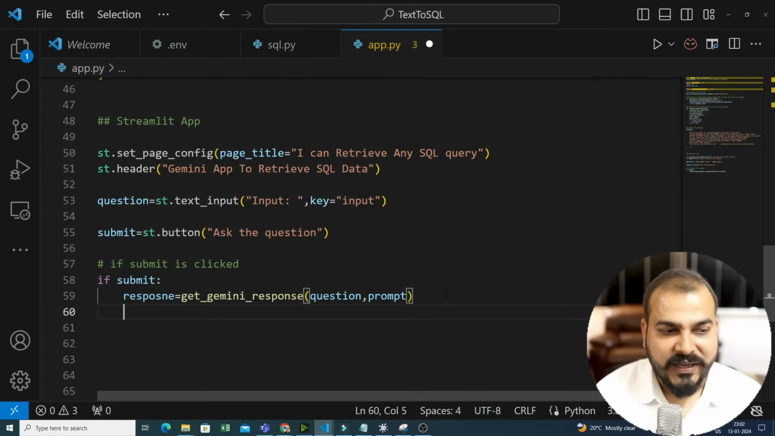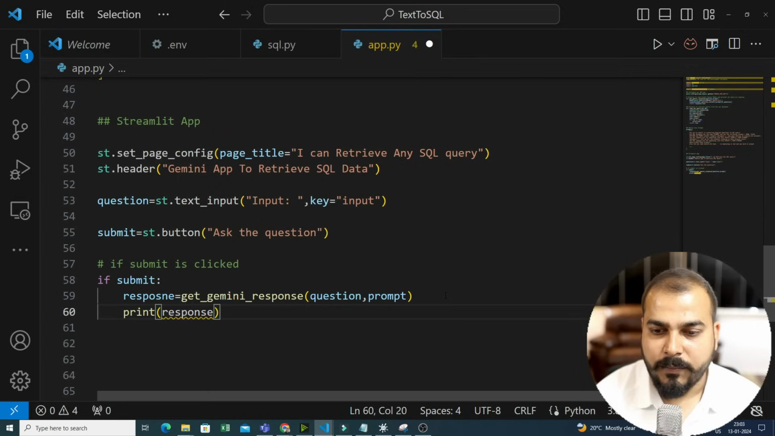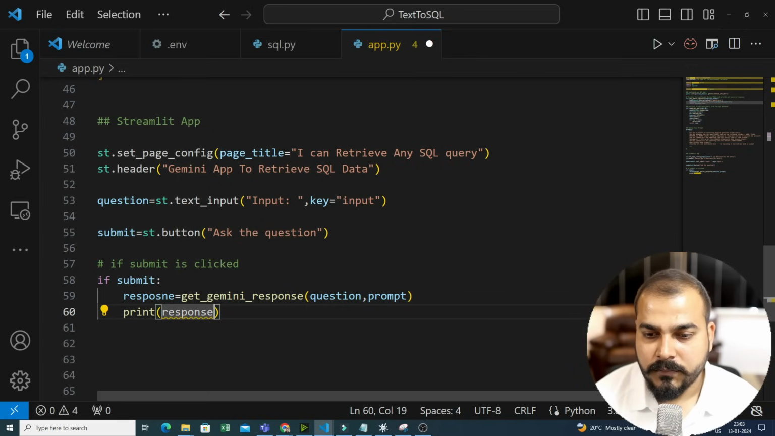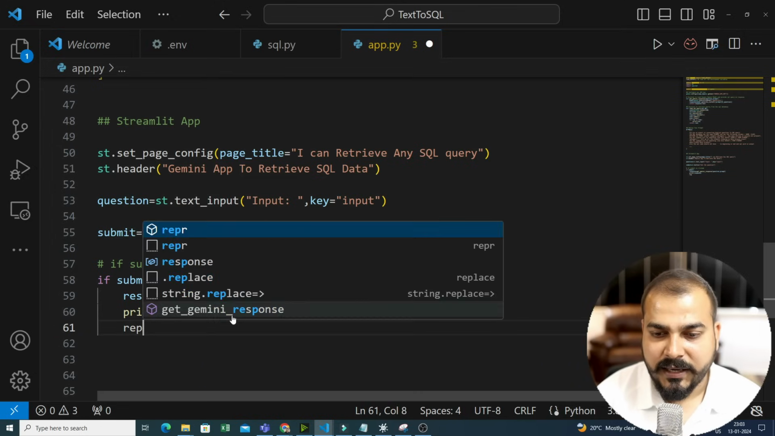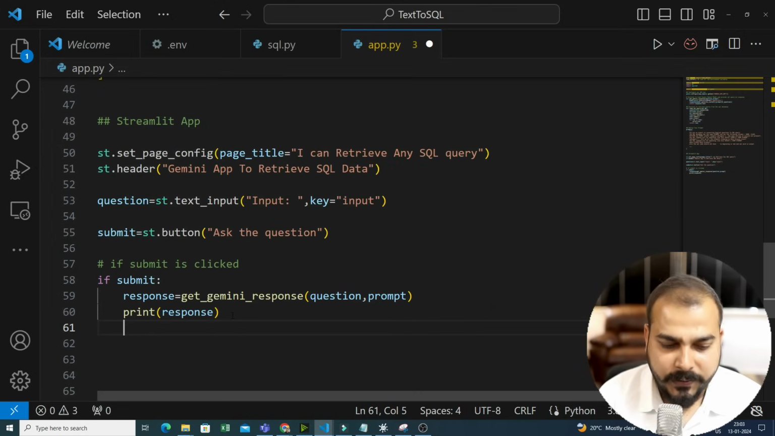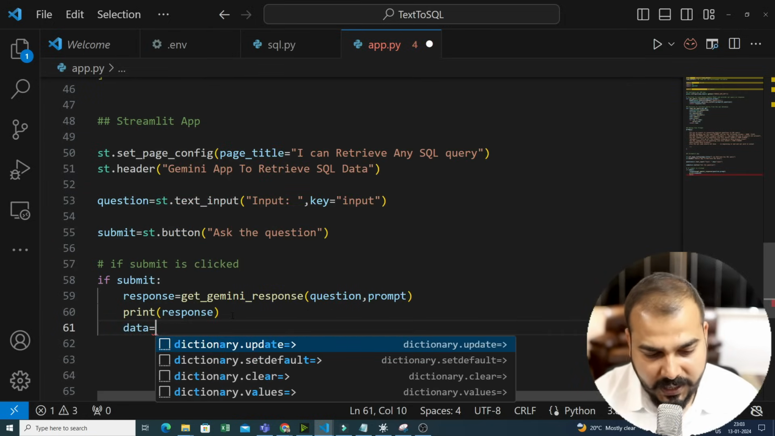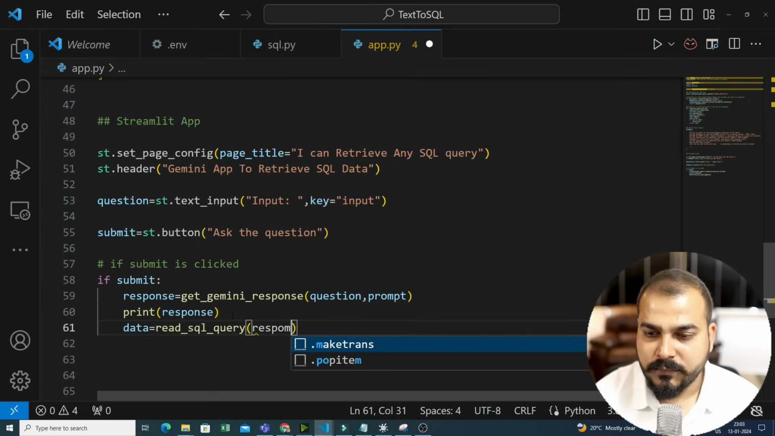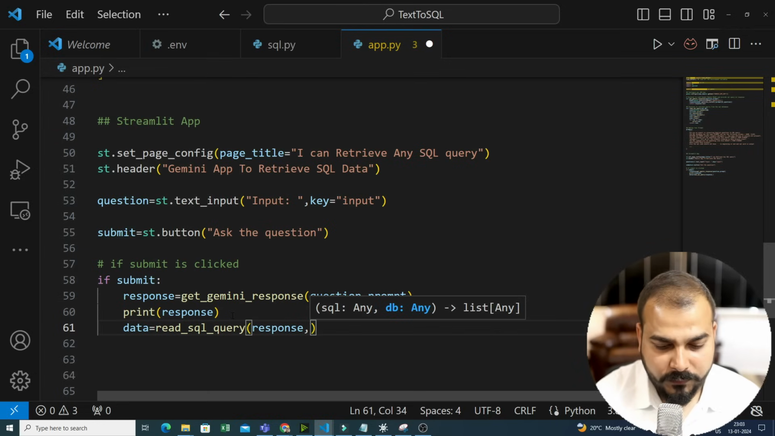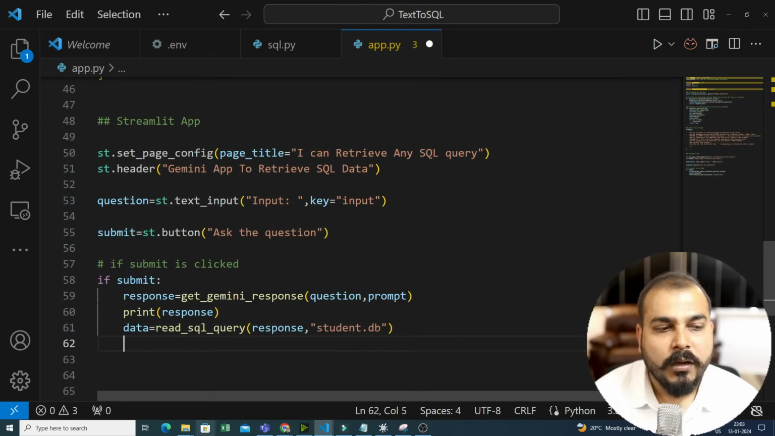After we get the SQL query, I can also print the response over here. Let me make the same spelling. Once we print the response, I will also create another response. Here let me go ahead and write data, because we'll take this response and call my read SQL query. I will take this response, which will be in the form of query, comma, I will give my database name. The database name is nothing but student.db. Once I get the data,